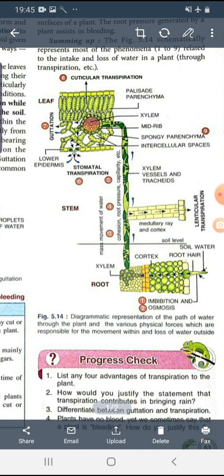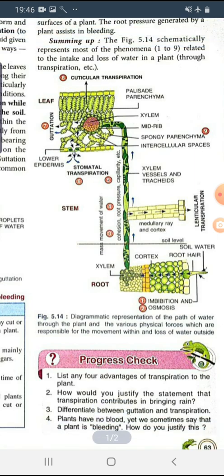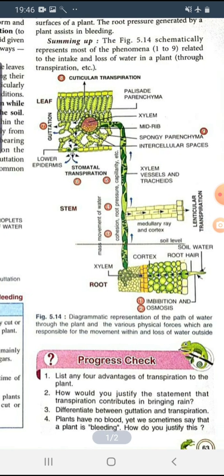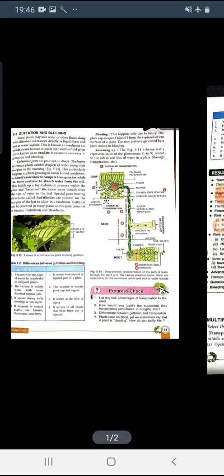because the water through the xylem vessel goes into the epidermal cells of the leaves, and then there is stomatal transpiration through the lower surface of the leaves, which has the lower epidermis. And next there is some cuticular transpiration also, but a very small amount. And last but not the least, the last two processes, that is guttation and bleeding. These are also shown here. This is the summary of all these processes.